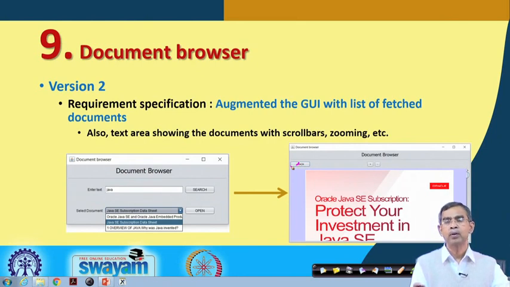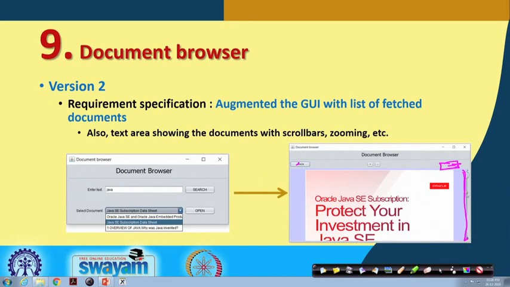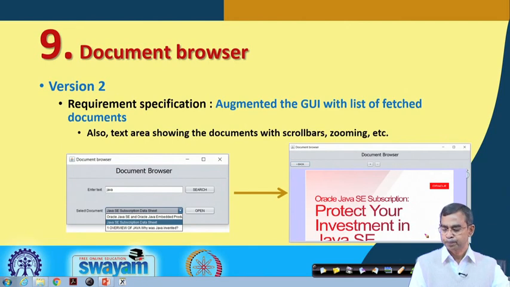And then there should also be a back button. The back button will scroll to the previous page, and the next button we can apply here also, so that it will go to the next page. So, it is like page up, page down sort of things. In addition to this, there should be a scroll bar. If the document is too big in size, the scroll bar is needed. Using the scroll bar, the user can scroll the document up and down, and also from side to side. So, both a vertical scroll bar and a horizontal scroll bar can be included in what we can call the document reader.